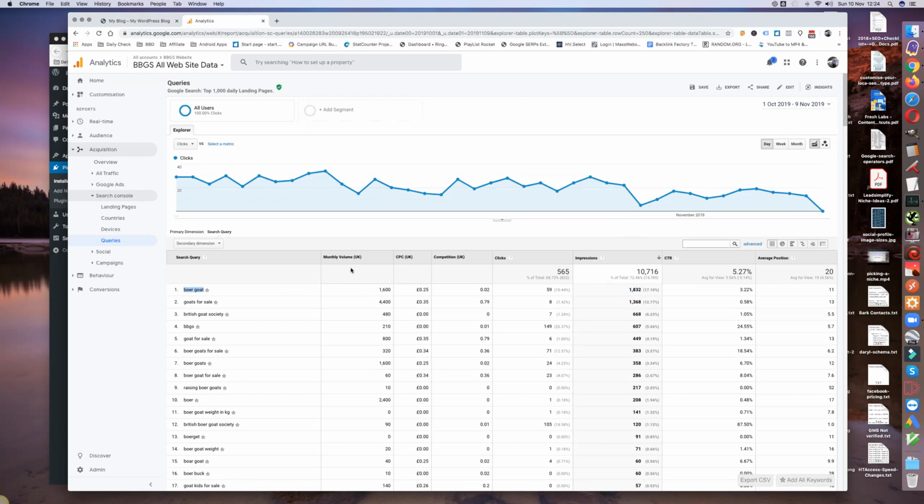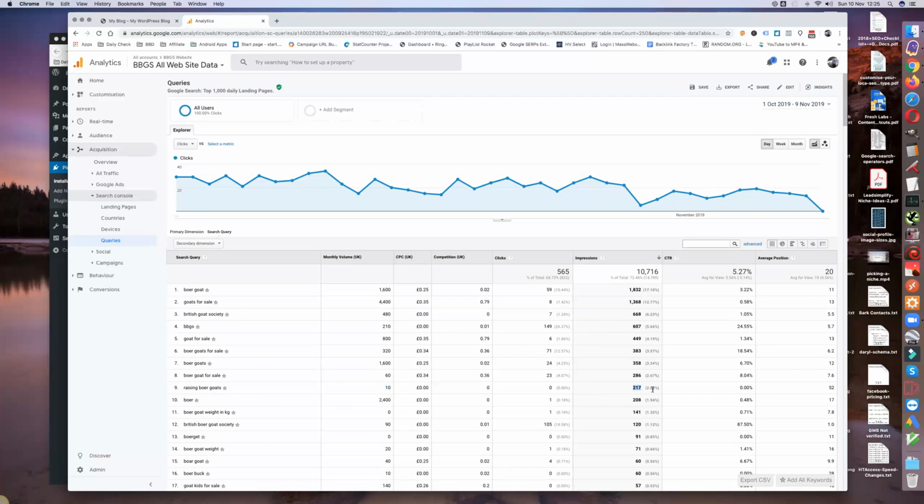Now, according to Google, the monthly volume in the UK is 1,600, which is not much difference. So, okay, we'll let them off. But then this one, BBGS, is 210, according to Google, yet they had 607 people search for that keyword. The same for this one, raisin barcodes: according to Google, it only gets 10 searches a month. They got 217. There's some discrepancy somewhere,